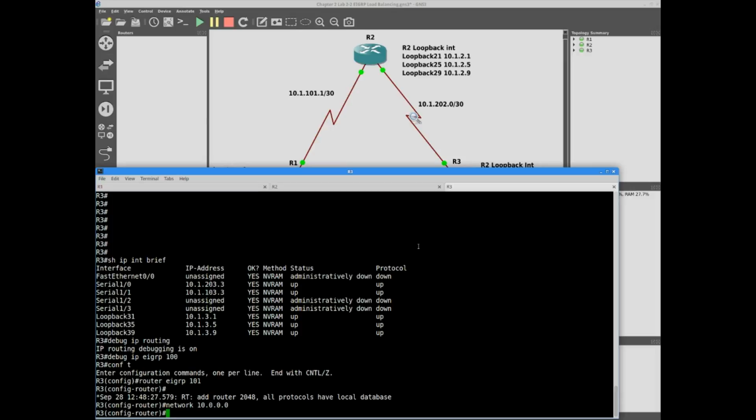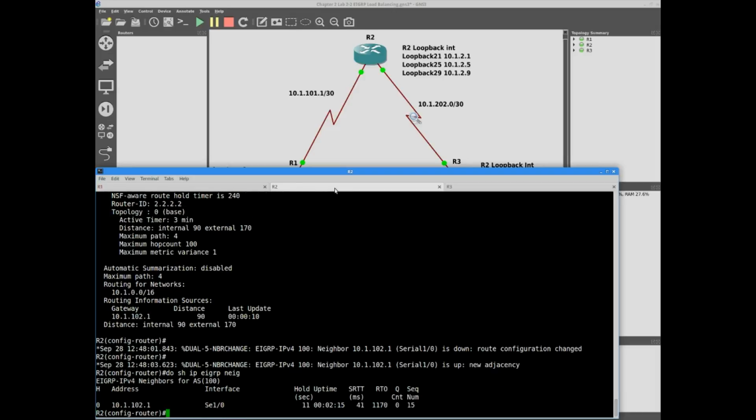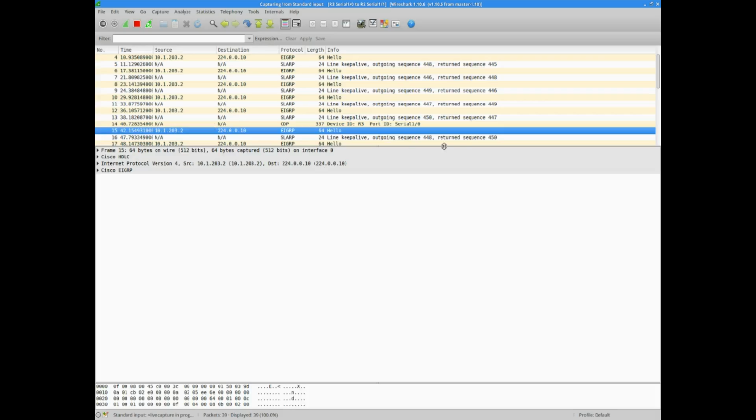Interesting. We still have the adjacency on router 2 to router 1. If I do a show IP EIGRP neighbor, I still only have the neighbor relationship between router 1 and router 2. Now if I take a look at the capture,